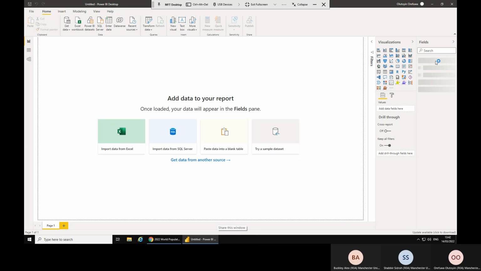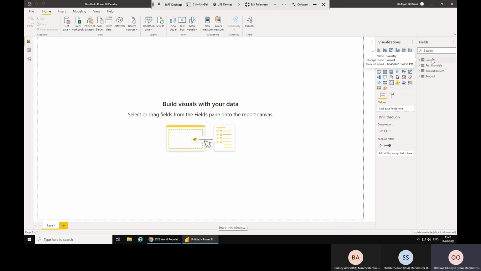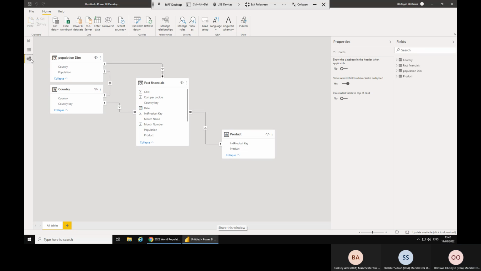So if you look at our fields in the report view, we should see our tables. Remember, we took the population from an external source, and all the other tables we were able to derive from the fact table. If we go to relationship view, right, we have